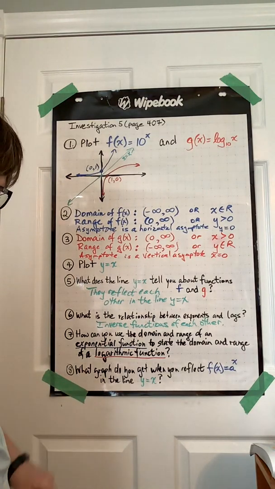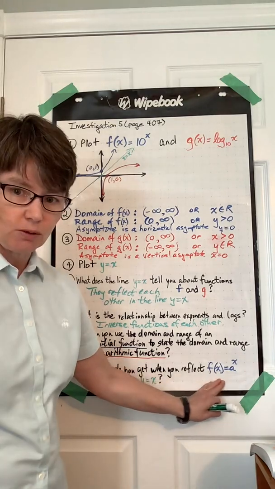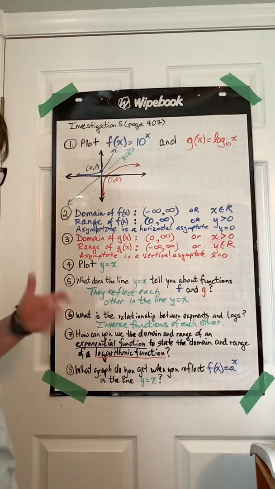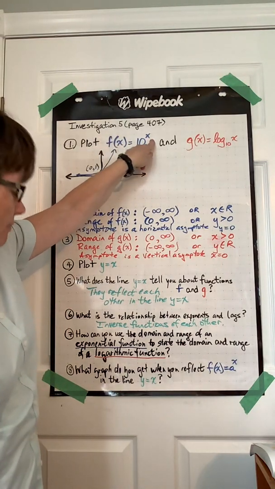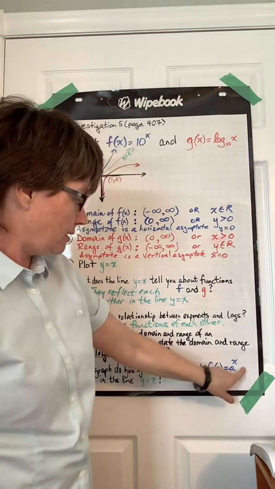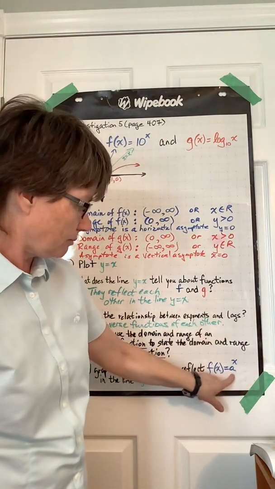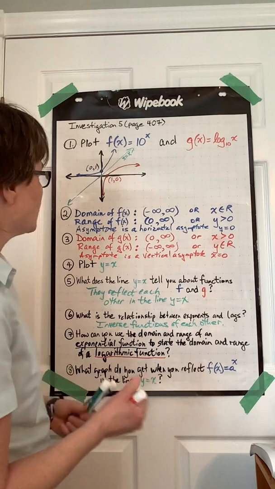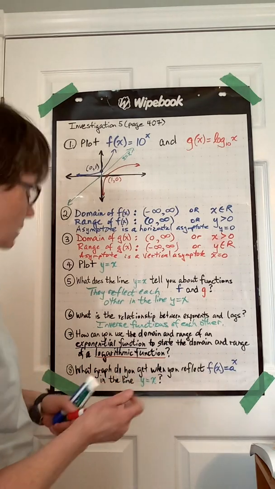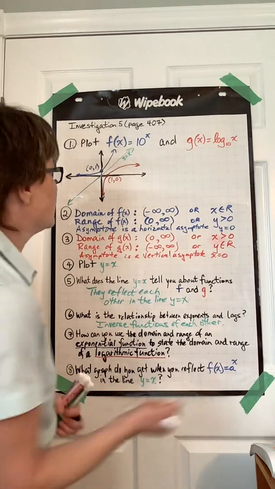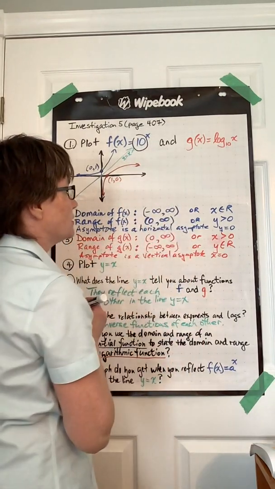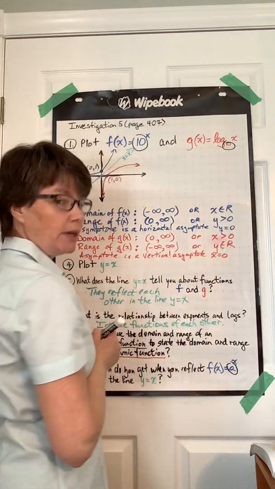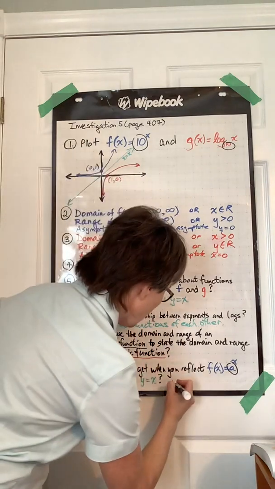Okay, number 8, what graph do you get when you reflect f of x equals a to the power of x in the line y equals x? So our example that we actually did was 10 to the power of x. Now we're looking at a to the power of x. So we're talking about any base, just in general, a base to the power of x. So let's see, how does that reflect in y equals x? Well, let's find the common things here that are happening. We're talking about, that's our base, we're talking about that now being a, okay? And our base came over here as the base of that logarithm, okay? So we could say it will become